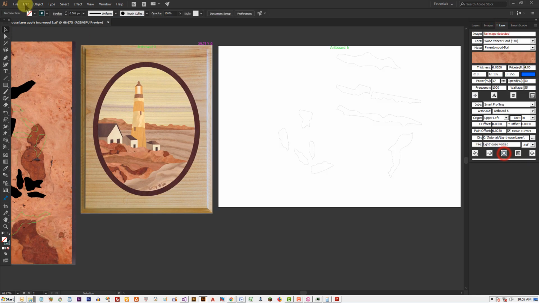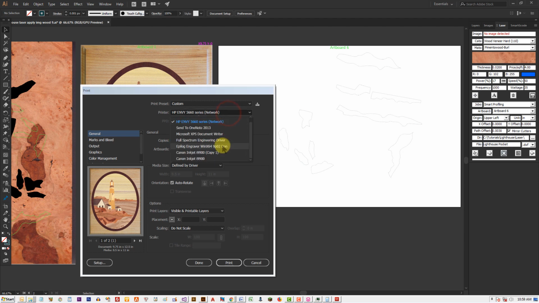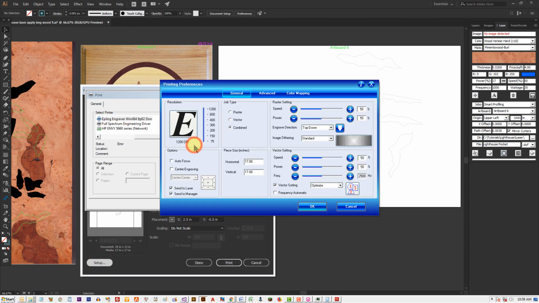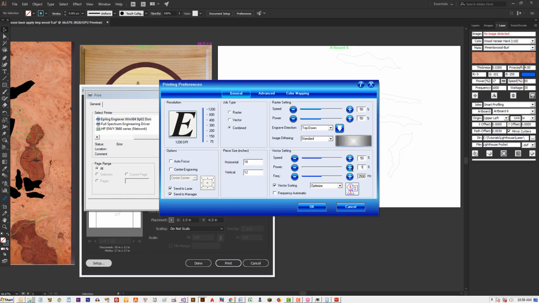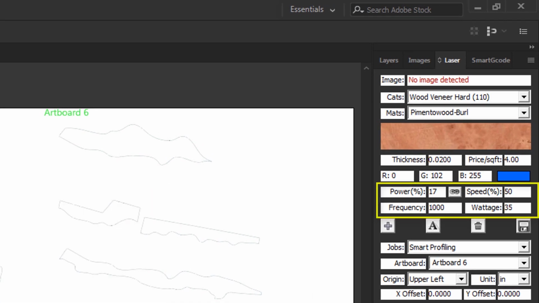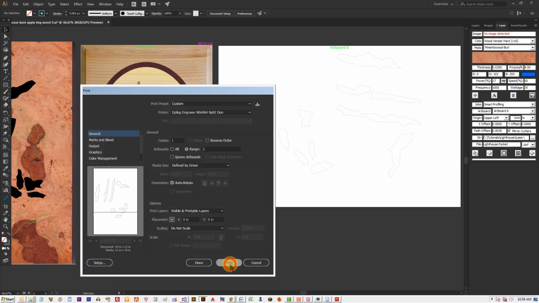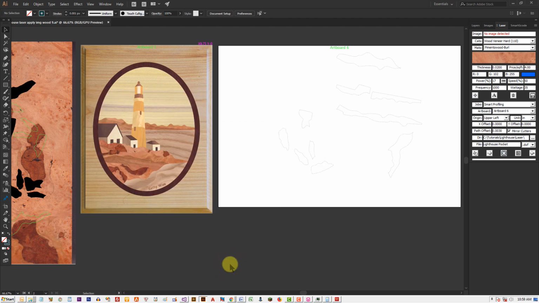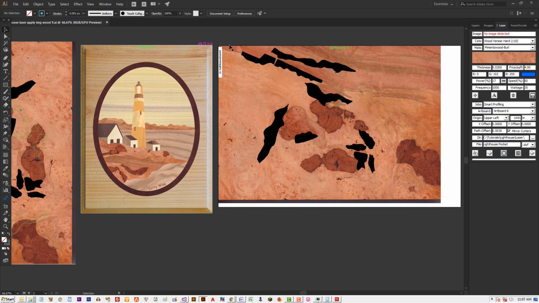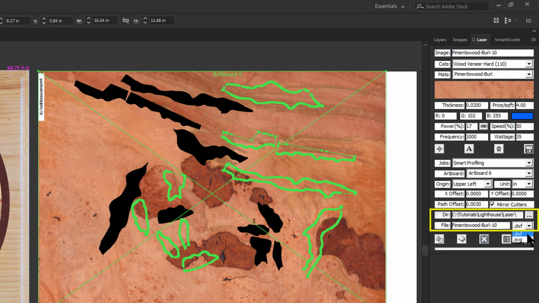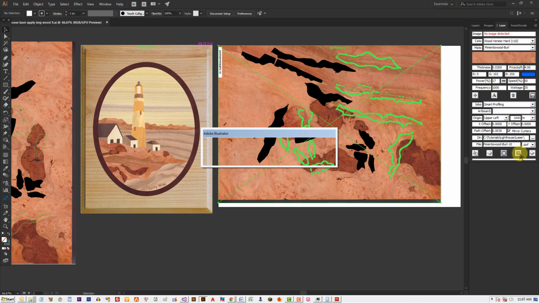Here I specify Illustrator to print only paths on artboard number 2, which was named artboard 6. Set up the Epilog printing preference. Specify the laser frequency, speed, and power as seen on the laser panel for that material. Strange, but for the Epilog laser, I have to click Setup and Print buttons again, otherwise it won't print properly. If your laser does not support printing from within Illustrator, you can export the toolpaths to a .dxf or .svg file and print them using the software that came with the laser.